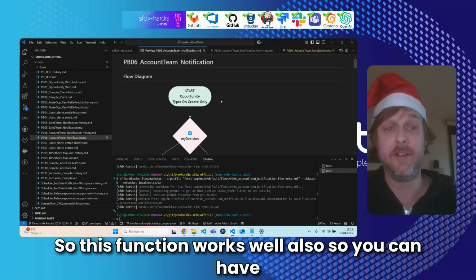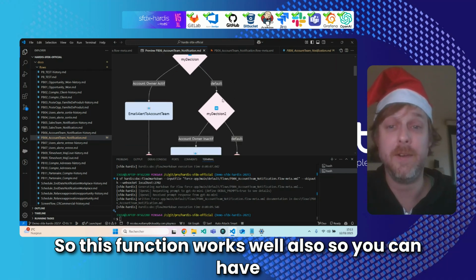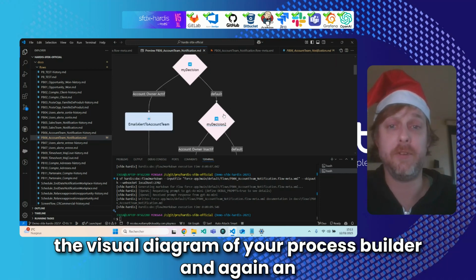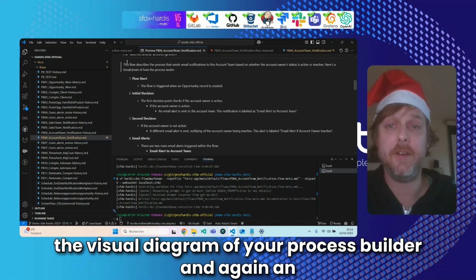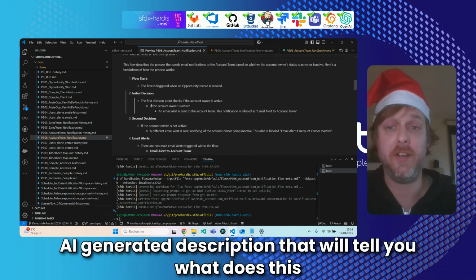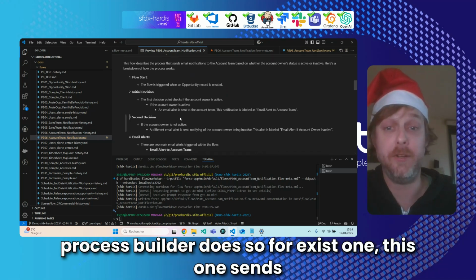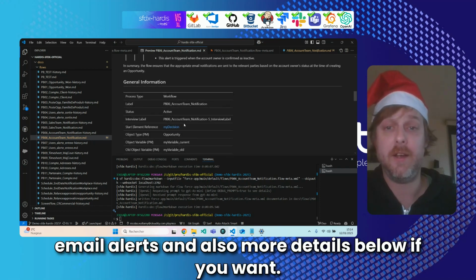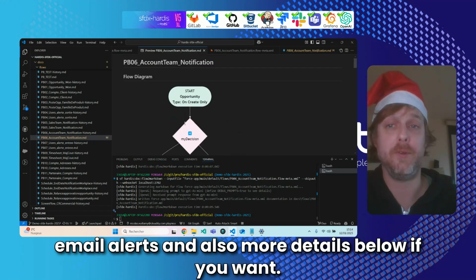This function works well also. So you can have the visual diagram of your Process Builder, and again, an AI-generated description that will tell you what this Process Builder does. For this one, it sends email alerts, and there are also more details below if you want.